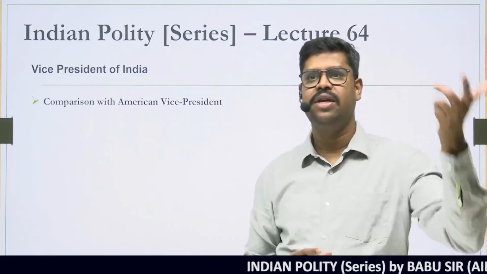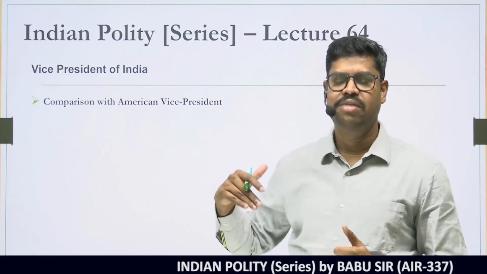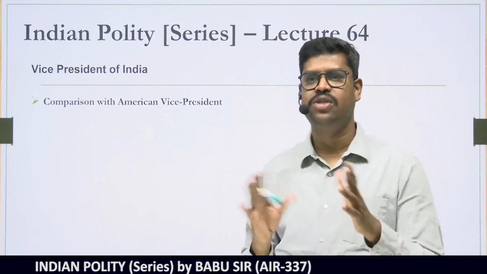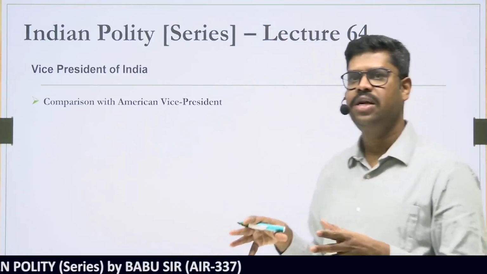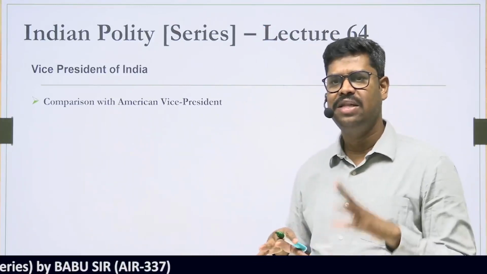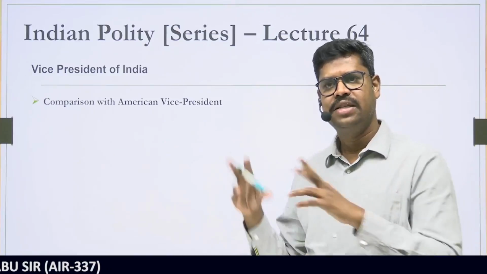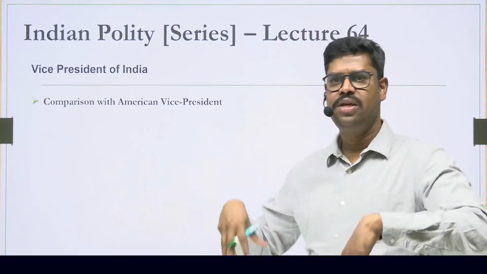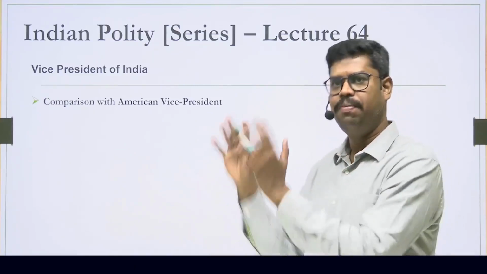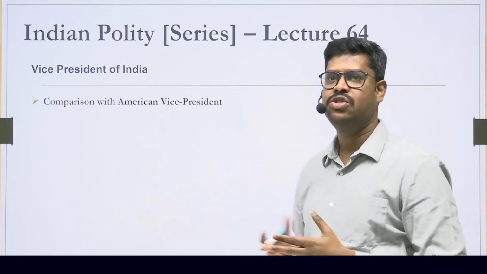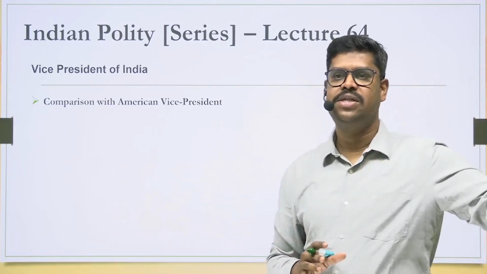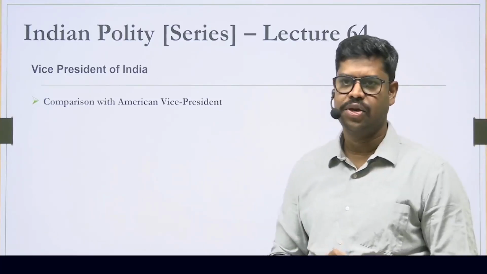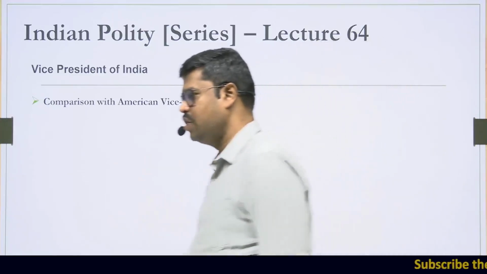So the vice president there is a real executive, whereas in India, the vice president only acts as a president. He does not become the president for the remainder of the term. So that is not possible. So to that extent, try to understand the way the constitution is designed: the vice president is not a real executive, whereas in United States of America, the vice president is a real executive, because in general, you see the constitutional system in India is based on parliamentary democracy, where even the president is not a real executive. Whereas in USA, it's a presidential form of system where the president is a real executive. So his deputy, the vice president, is also a real executive. All right. So this is the basic understanding you should have.